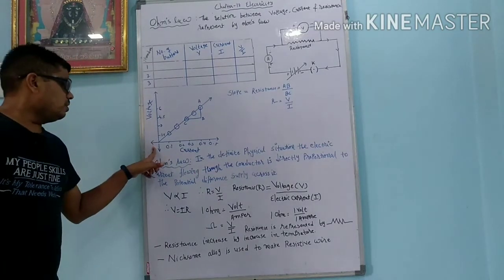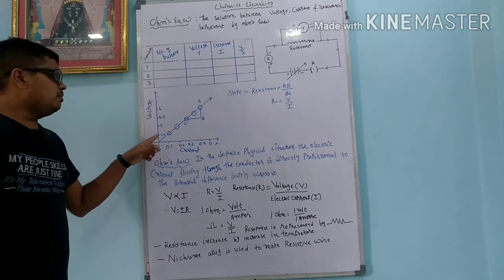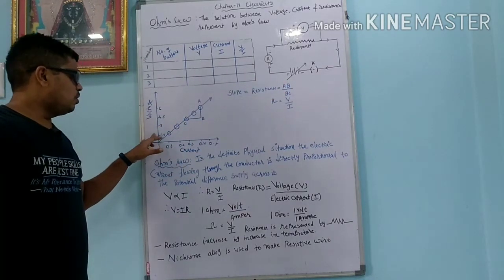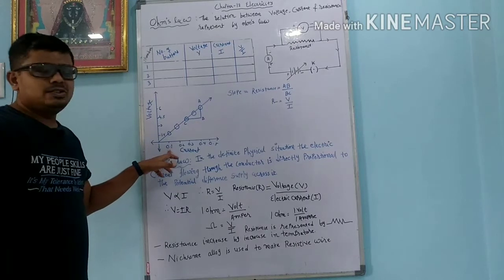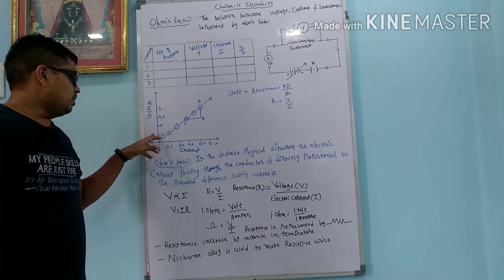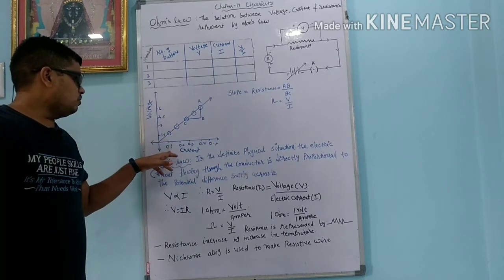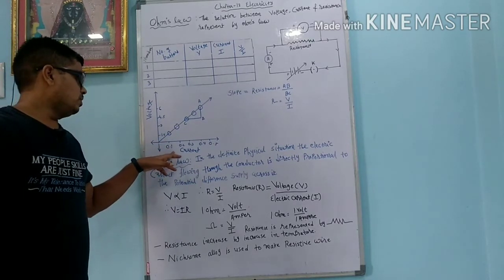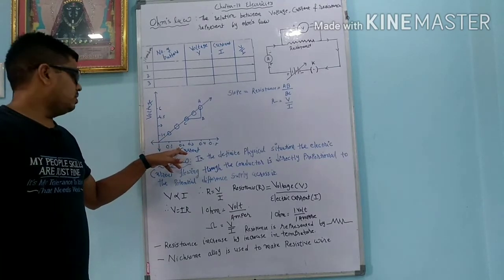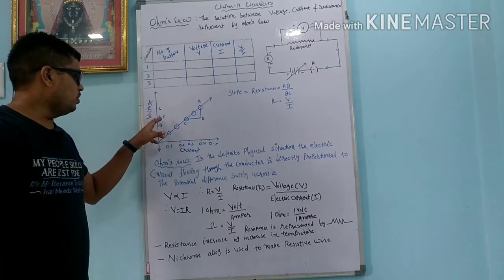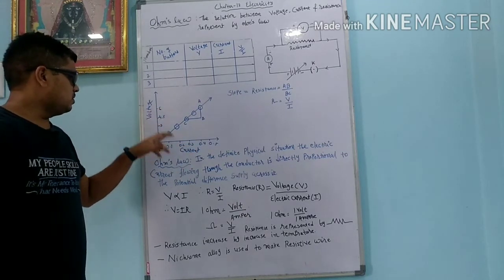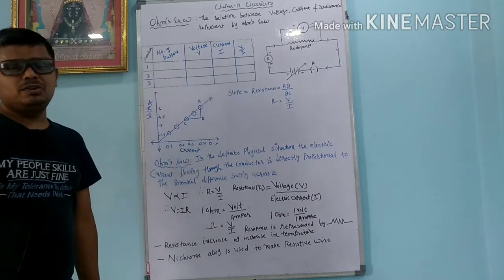So here in this circuit, whenever we increase the voltage, we measure the value of current. So when I increase the voltage to 1.5, current is 0.1 ampere. Dear student, take care that when the voltage is 1.5, current is not 1.5, it is very small, 0.1. When I increase the voltage to 3, current is 0.2 ampere. When I increase the voltage to 4.5, current is 0.3 ampere. And when I increase more voltage to 6, then the current is 0.4 ampere.